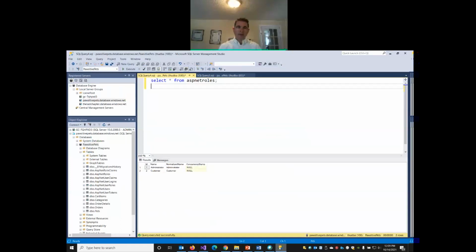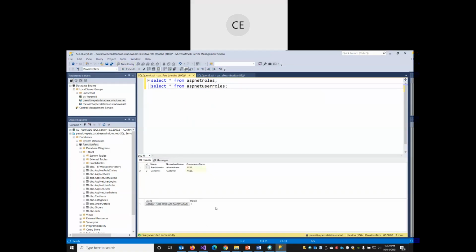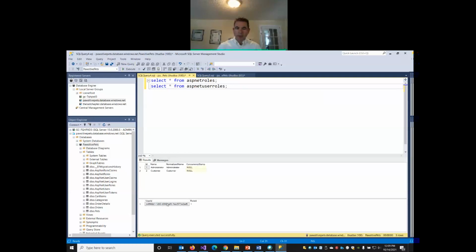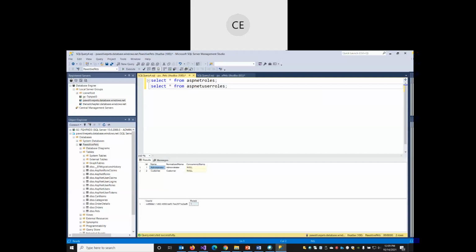So I can see my roles, and then if I check my ASP.NET user roles. Ooh, build failed. So I can see that my one user account is in the role ID of 1, which is an administrator. Oh, yeah. If your build failed, you'll have to check the error message, which will give you some clue as